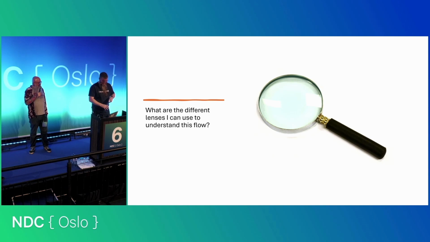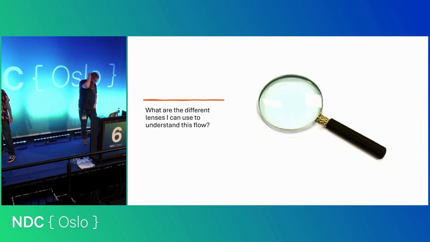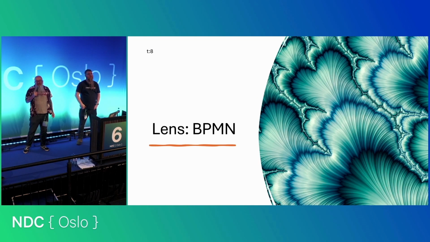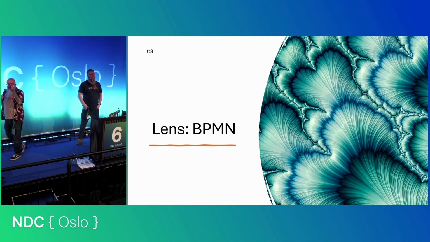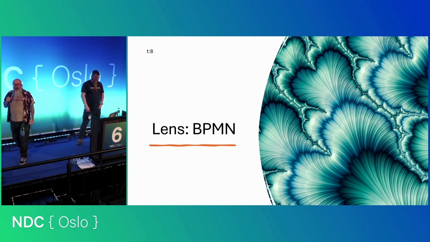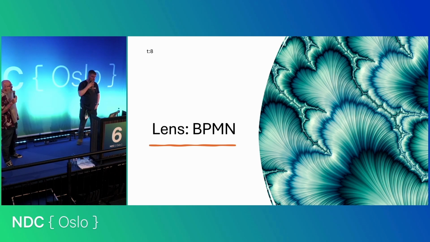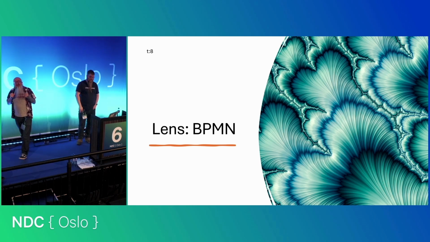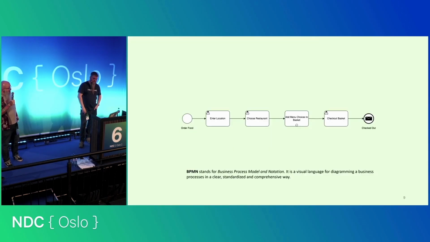Journey, yes. All right. So when we think about any kind of distributed system, what we really want to think about is what kind of lenses do we have to view and understand that system. So there are a few ways at design time we can think about an event-driven architecture. You could use sequence diagrams. You could use UML collaboration diagrams. If you know what they are, they're just an alternative way of seeing a sequence diagram. One I quite like, though it's a bit more heavyweight, is BPMN. We're not going to try and teach you BPMN, but we're just going to give you enough to give you a feel of how you might use that as a design tool.